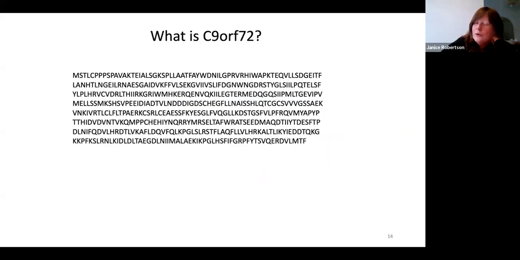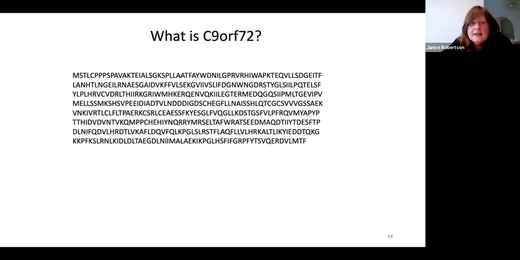And so we want to understand what C9orf72 is doing, because if it does have neuroprotective properties, or if you don't have it and you lose it, we need to know exactly what it's doing so we know how to develop therapies. And so this is the amino acid sequence of C9orf72, and what we would do is take this sequence and put it through various programs, and nowadays the amount of technologies that are available to analyze these